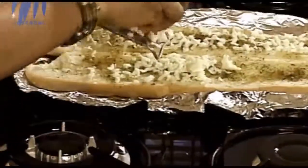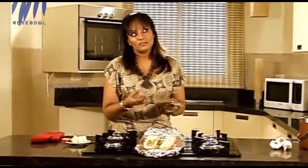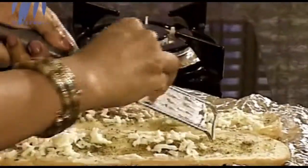Wonderful. Now, instead of the pepper, you can actually mince in half a green chili, or even one green chili. Or if you want red pepper, you can add that. I mean, I don't keep garlic bread just like that. I use everything possible. There's another option,